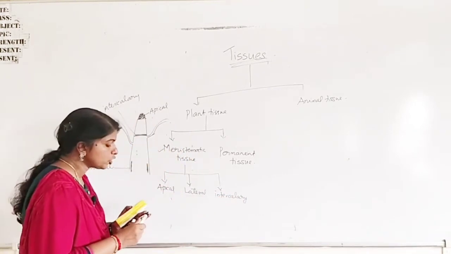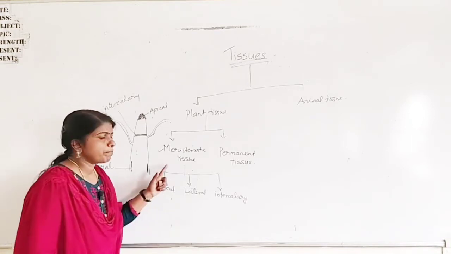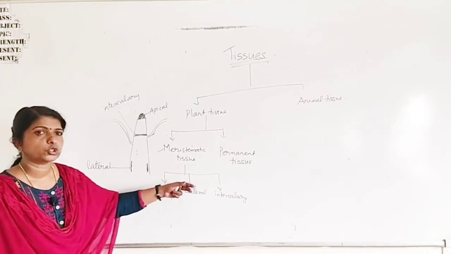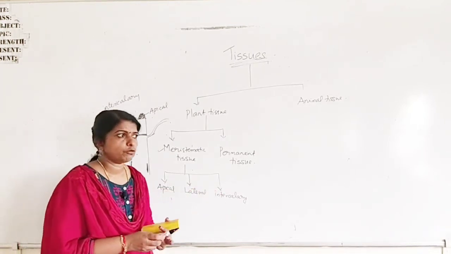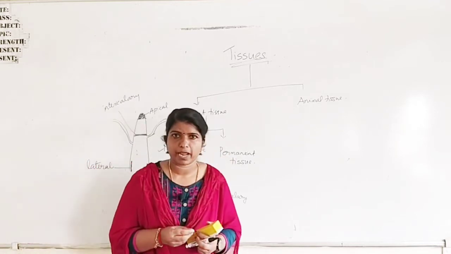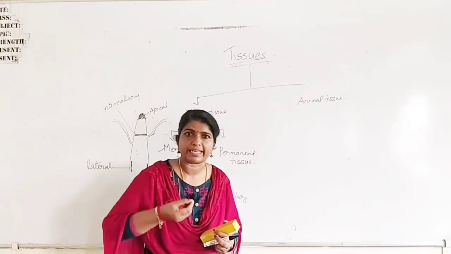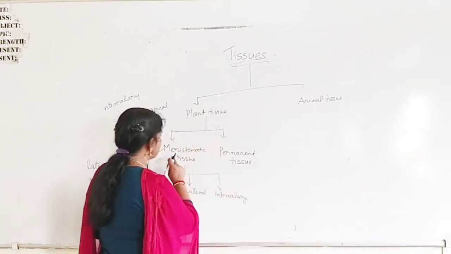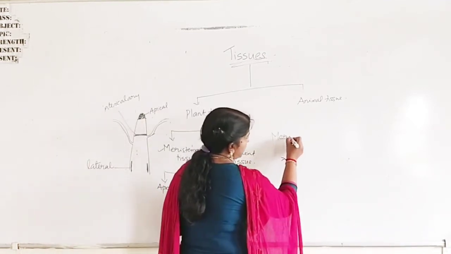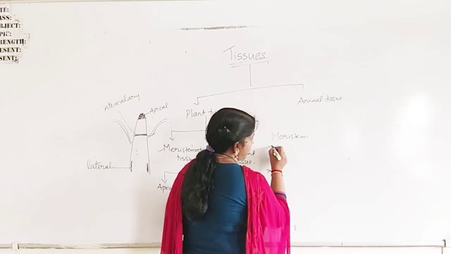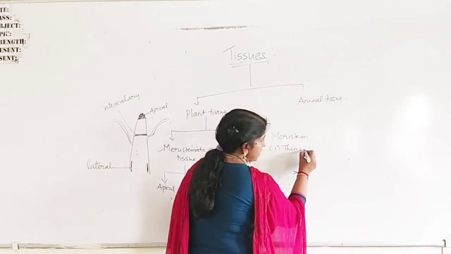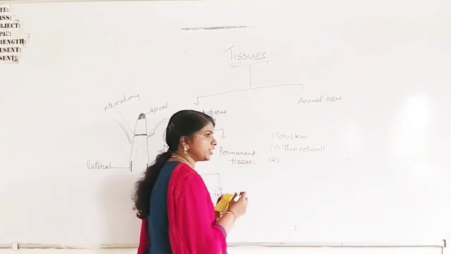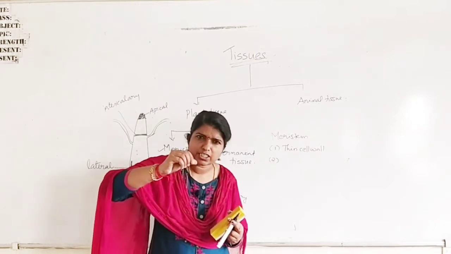These meristematic tissues normally differ from the other mature tissue, because if you just take the tip of a plant, it is very easy for you to pluck it because the cell wall is very thin. So the meristematic tissue, the first character, they have thin cell wall. Second character, you just take that tip and just squeeze it.